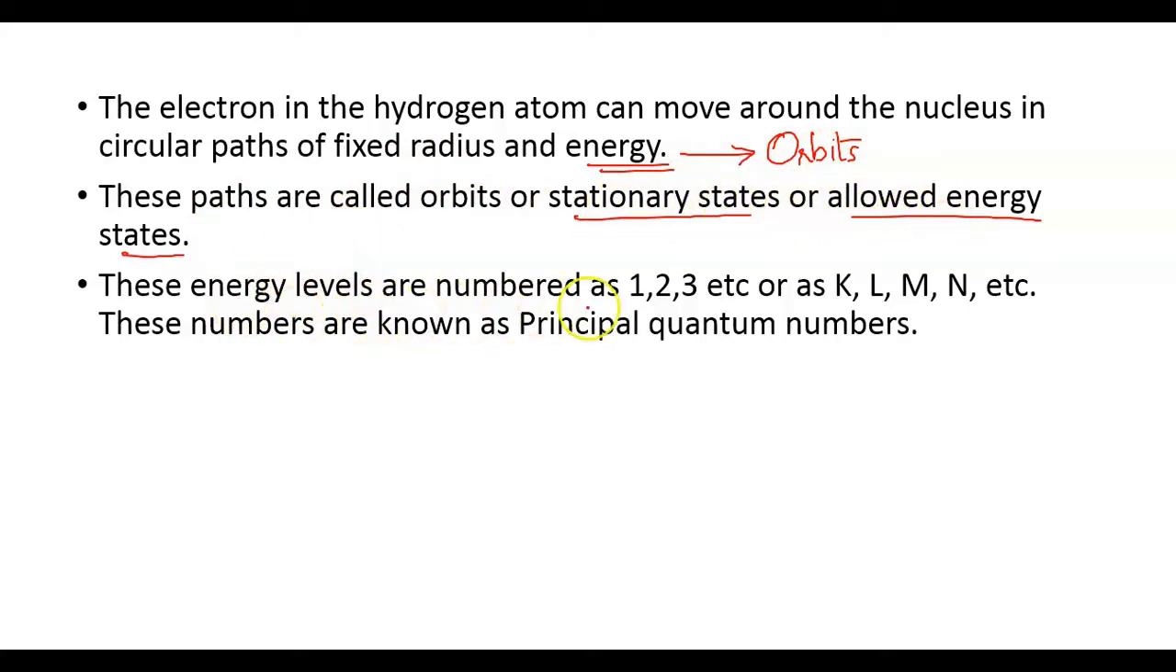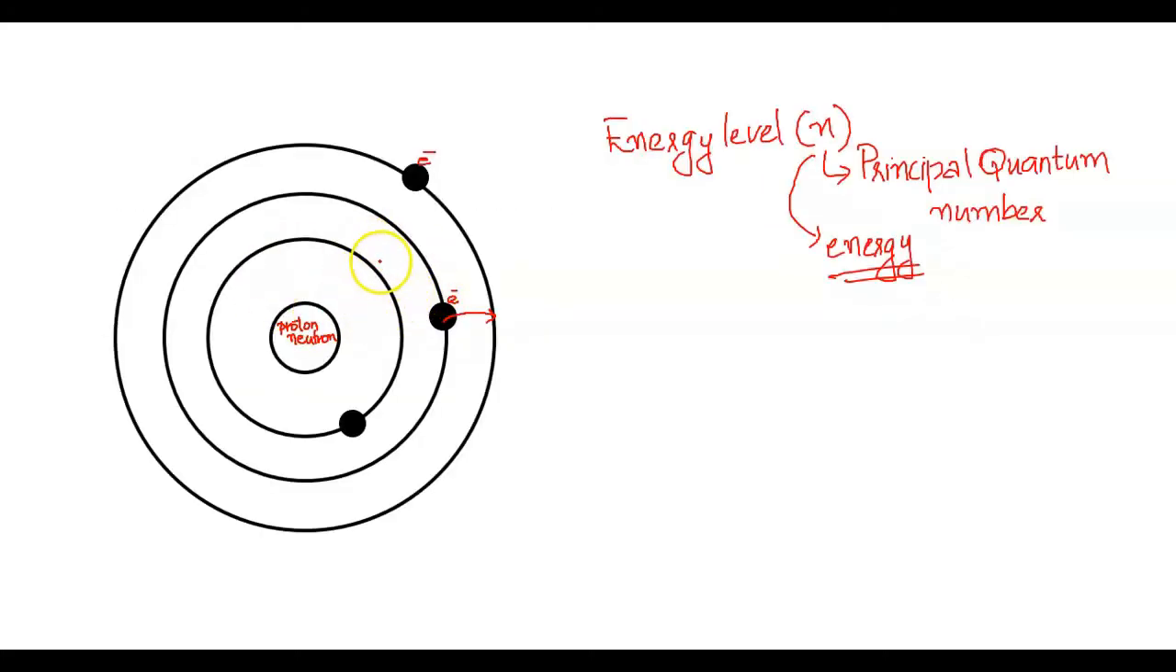And these energy levels are numbered as 1, 2, 3, etc., or as capital K, L, M, N, etc. These numbers are known as the principal quantum number. That is what we see here. This is n equal to 1, this is n equal to 2, and this is n equal to 3, and we can designate this as capital K, this is capital L, and this is capital M, okay,